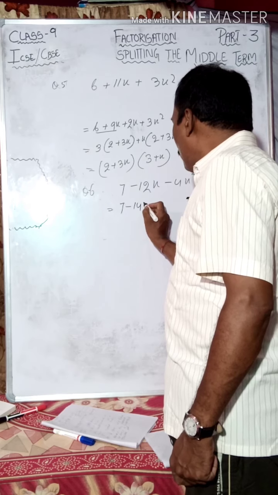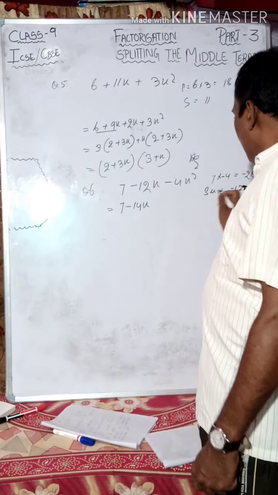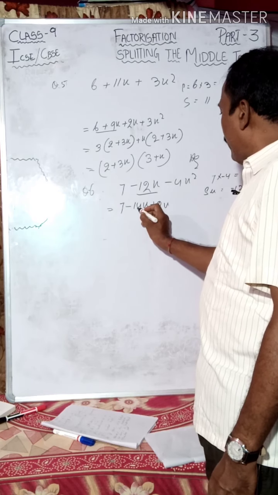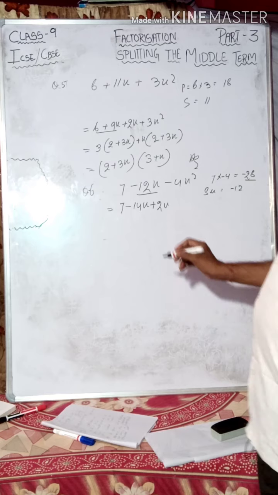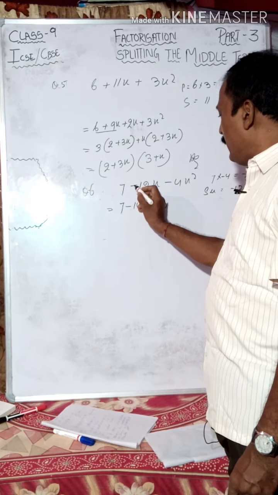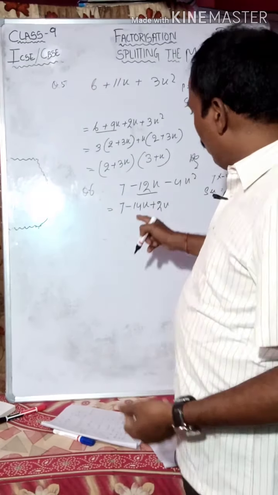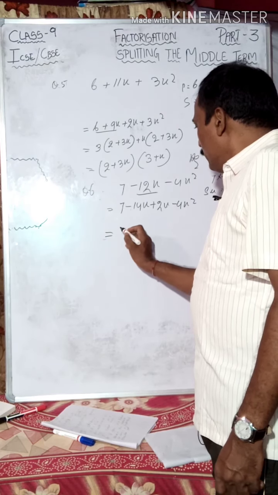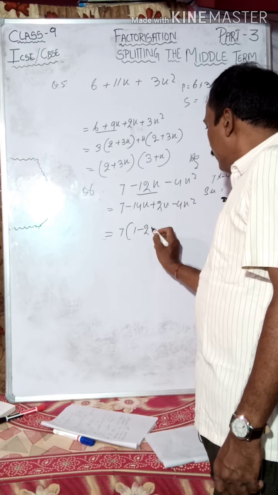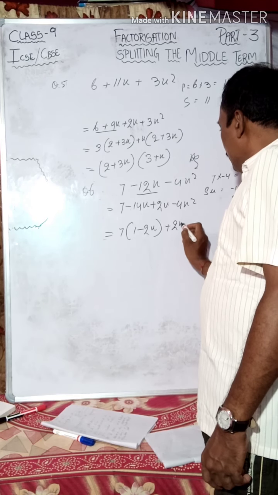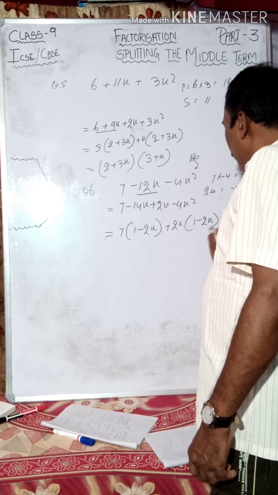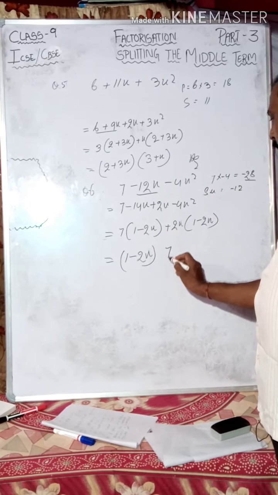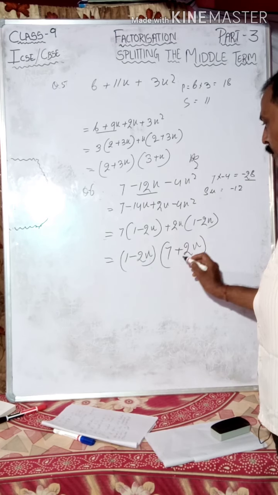Here you can write 14x, then plus 2x, that is equal to minus 12x, and 14x minus 14 into 2, that is equal to minus 28. Minus 14x, this sign will be this sign as it is, but the greater term must come first, plus 2x minus 4x square, that is equal to 7 take as a common, 1 minus 2x, and 2x as common, 1 minus 2x, that is equal to 1 minus 2x total common, rest 7 plus 2x. This will be the factorization,